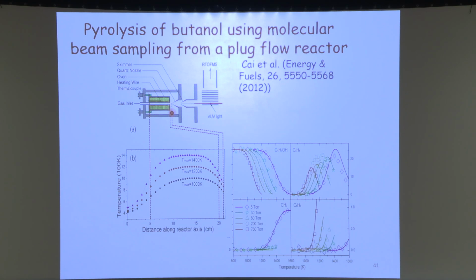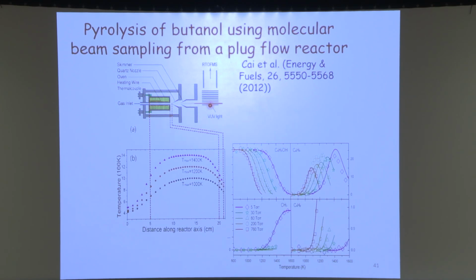And you have the pyrolysis gas in here, and there's a little tiny pinhole through this skimmer and the second skimmer that lets a tiny bit of this gas flow through into the path of a synchrotron. And there the molecules get ionized by the vacuum ultraviolet light from the synchrotron and make ions, and then they have